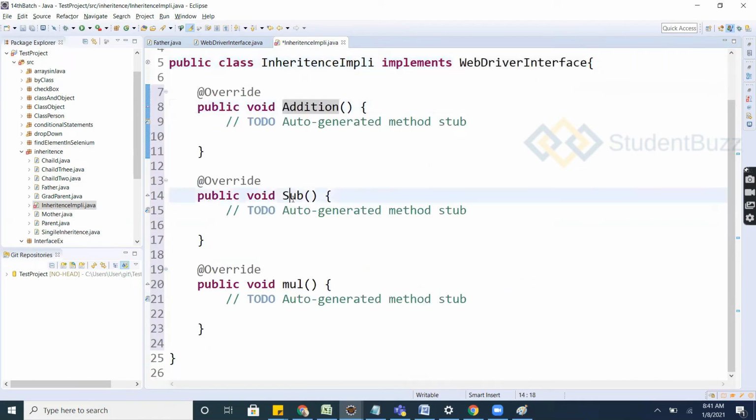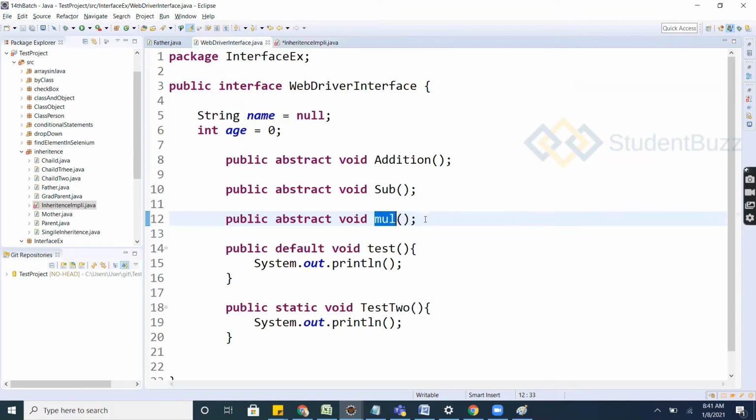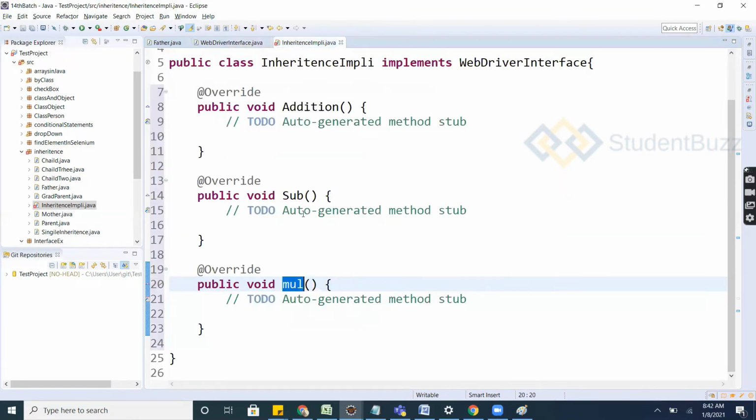Addition, subtraction, multiplication. Let's come back to your interface: addition, subtraction, multiplication, test and test2 are implemented here.